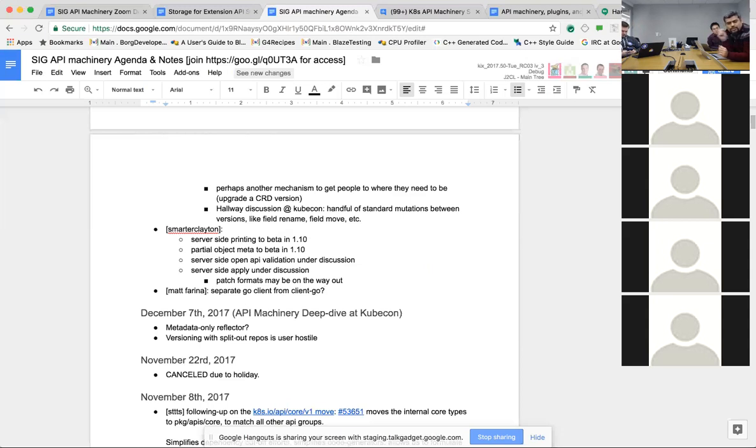Matt, you asked when you think we'd be ready. Timeline-wise, with the work that happened in 1.7 to 1.8, we were finalizing the locations of the API types. In 1.8 to 1.9, a lot of work went into the generators, and some of that required annotating and putting more information into those API types.